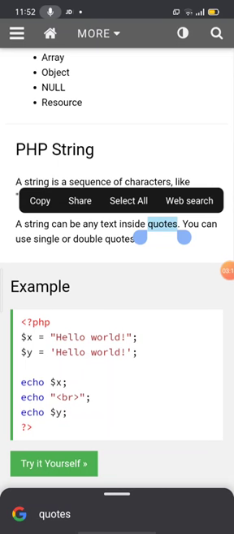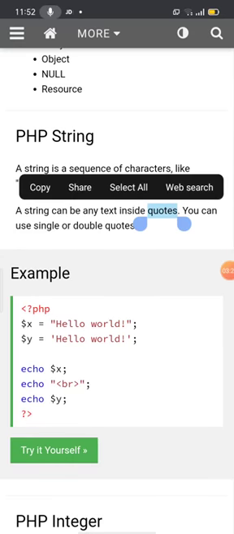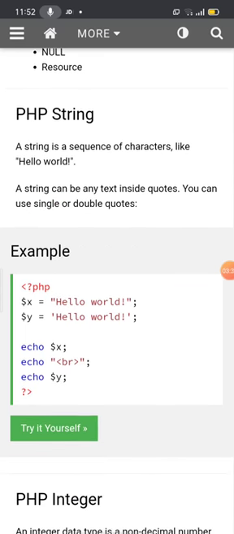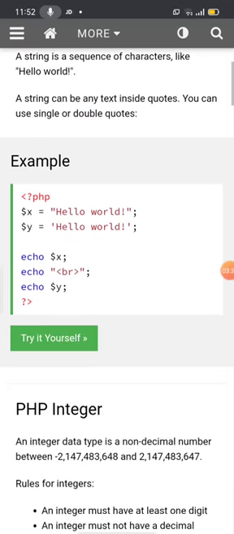On a keyboard you have two types of inverted comma, single inverted comma and double inverted comma. You have to type the double inverted comma using the shift key. You can use single quotes also, but the suggestion is to use double inverted commas to avoid problems. Now let us see the example.